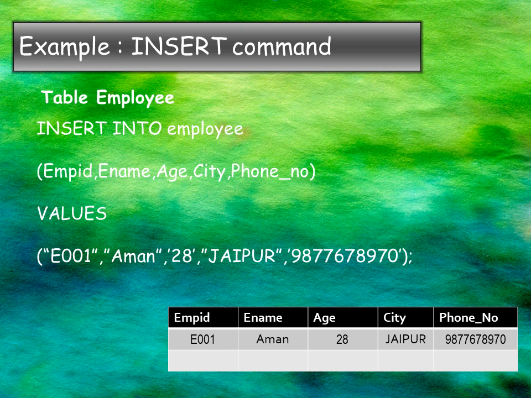Now it might be possible that when we want to retrieve records, we want to retrieve only some of them, not all the records. Or we might just want to see the records available in the table employee in tabular form. So how can we retrieve the records from the table employee? Let's see how to do that.